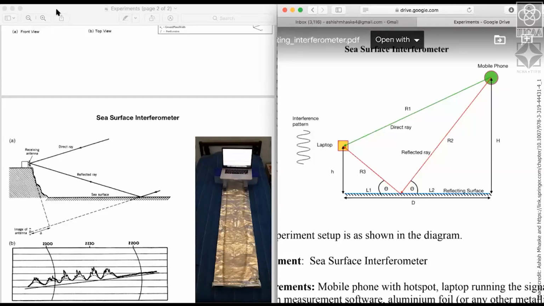So, sir, after completing the experiment, if we plot a graph of intensity versus distance, and if the readings we get are correct, we can get a proper maxima and minima graph, right? Correct. It is like what is mentioned in the PDF. You should be able to compare it with your theoretical calculation, the expectation of where the peaks should be.